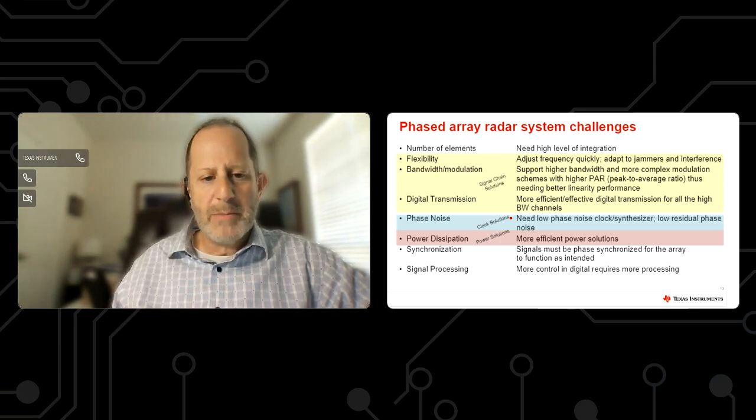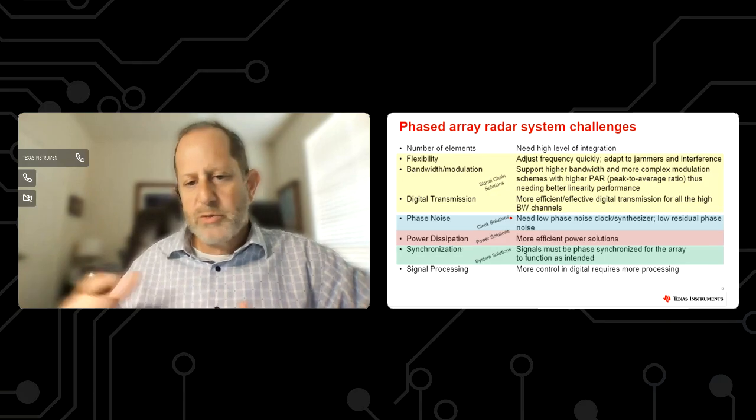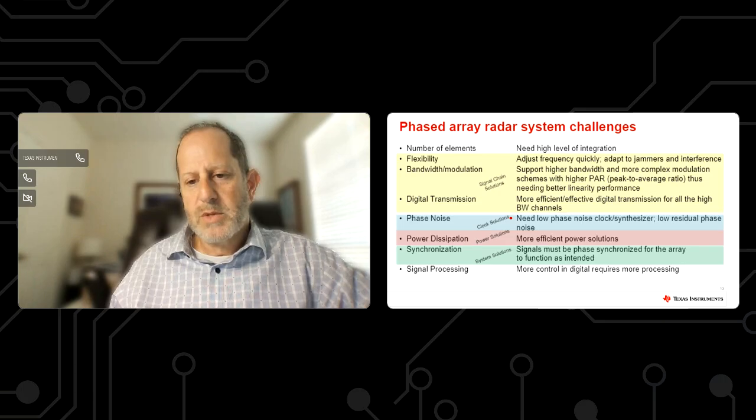And since we're talking about lots of different channels in our phased array system, we need to make sure all those different channels are talking to each other nicely. They're all synchronized well together. So we need some system solutions here that can make sure that all of the data converters, all the RF channels are properly synchronized so that they can maintain the proper phase and gain alignment to make the array work as it's supposed to.